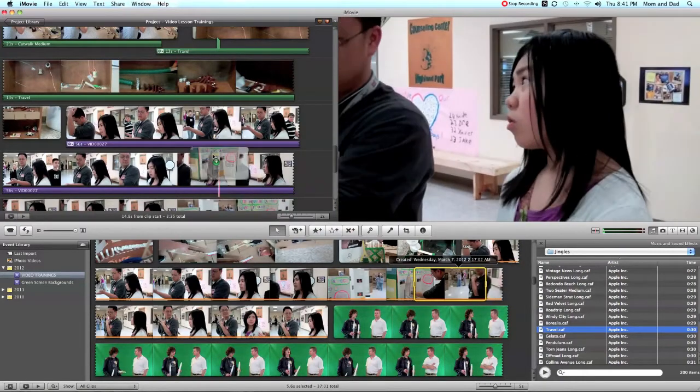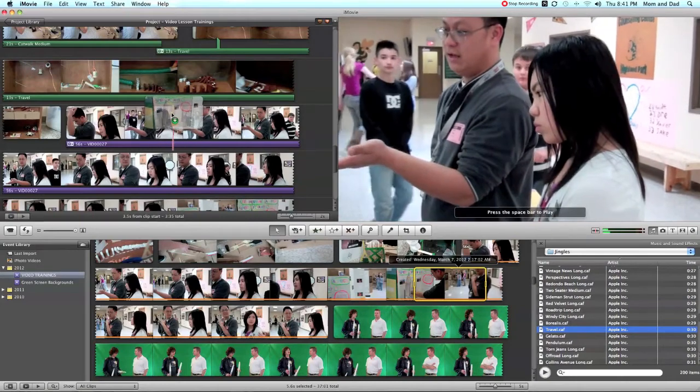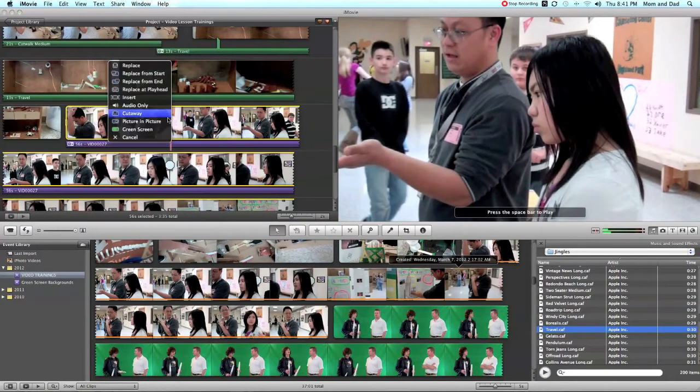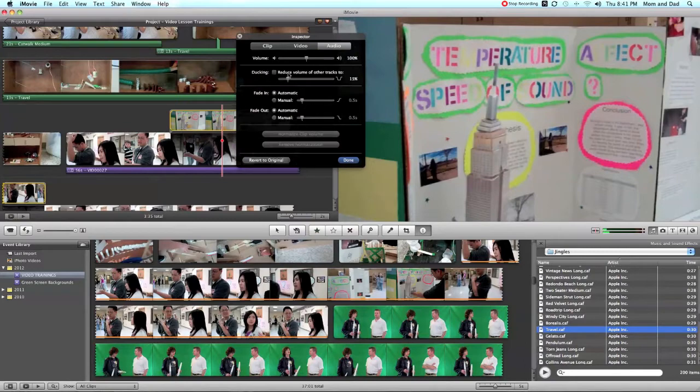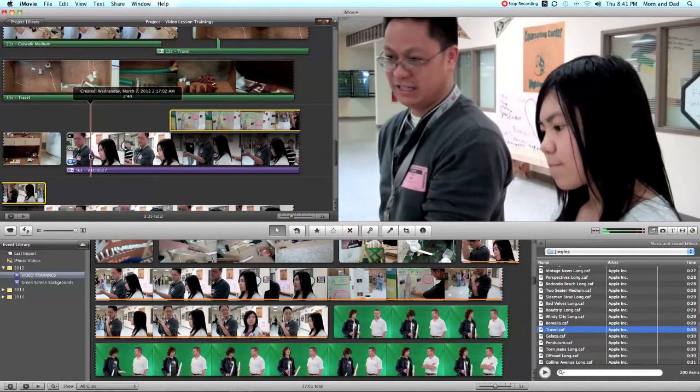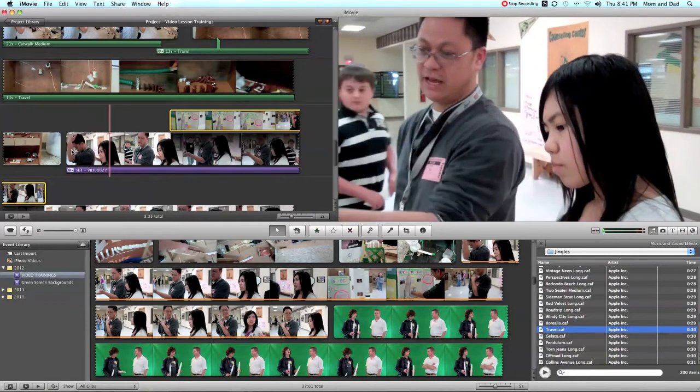And I'm just going to drag it up here, because you can tell he's talking about the board. And so I'm going to actually do a cutaway right here. And in this particular situation, I am going to take the audio out, because otherwise it will interfere with itself. And so now when I play it, I haven't rehearsed this, but